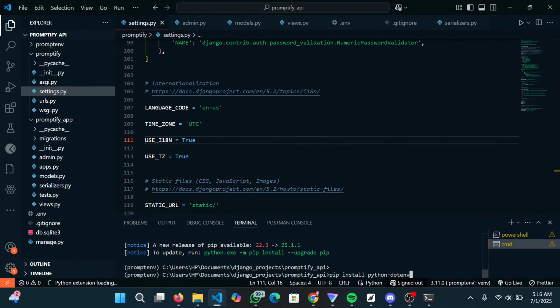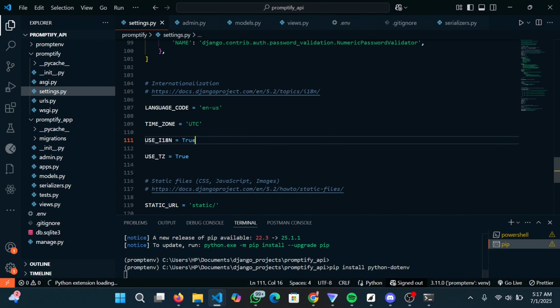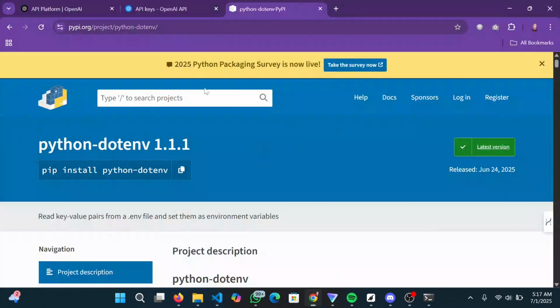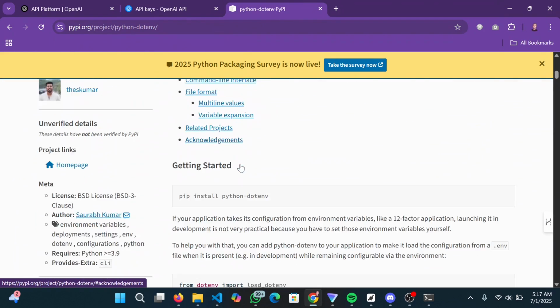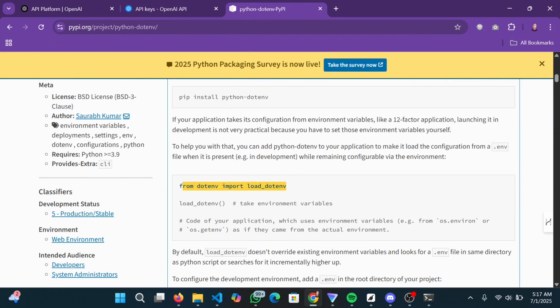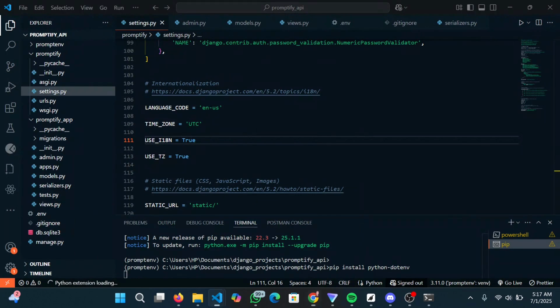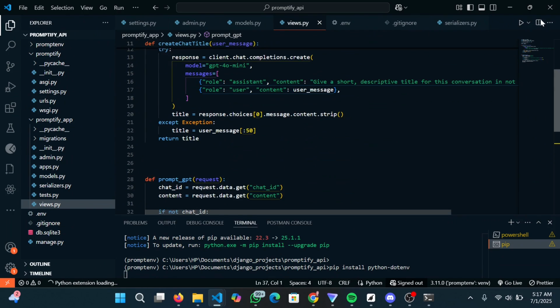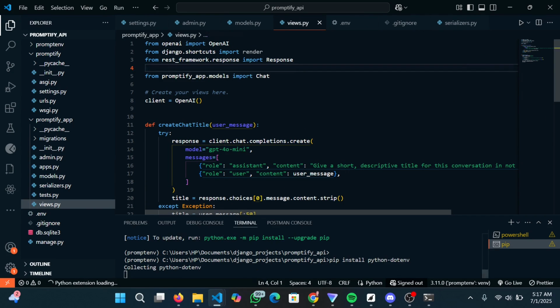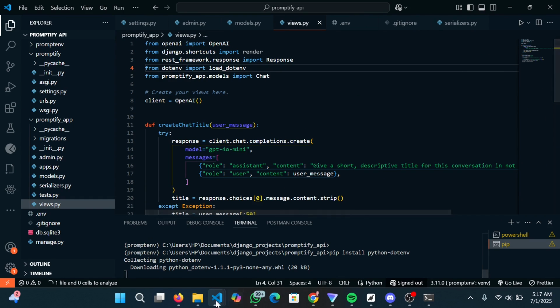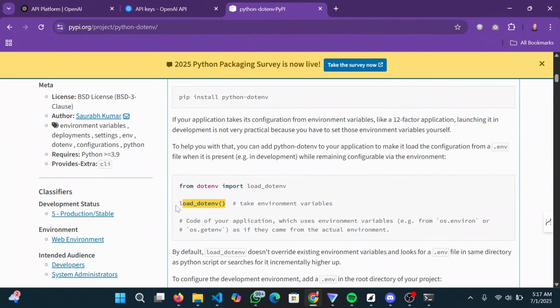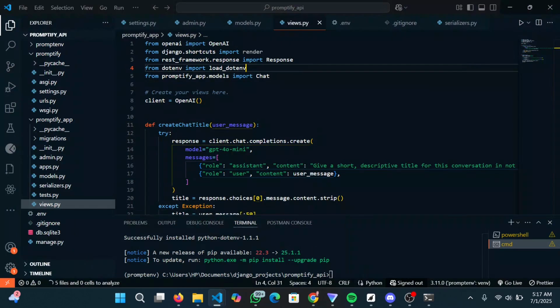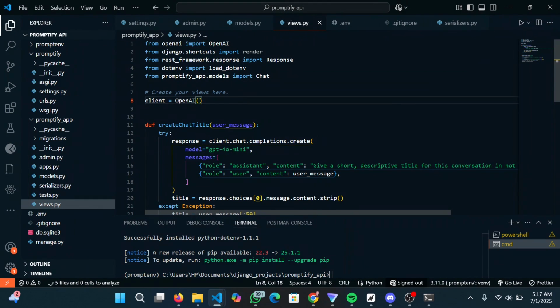See your virtual environment, hit enter, and then what's the next thing? So you have to come over here, just copy this line, go back to your views.py file, add this line on top of your code, just here, and then lastly you have to also copy this load.env. We just paste that here,